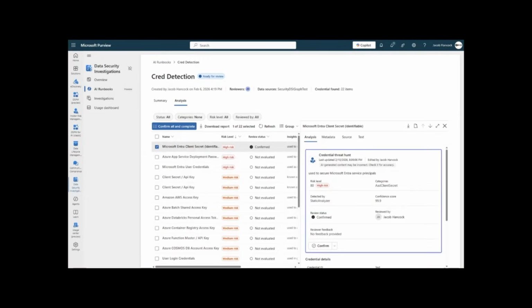Again, we are just getting started. And so, trust me, do you want the agents to do more mitigation actions like a purge? Maybe, or maybe you want the humans to do it. It depends, but we're basically looking at putting the power of agentic workflow pretty much everywhere in Purview.